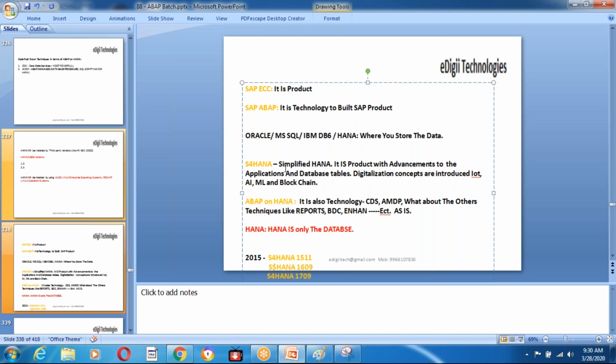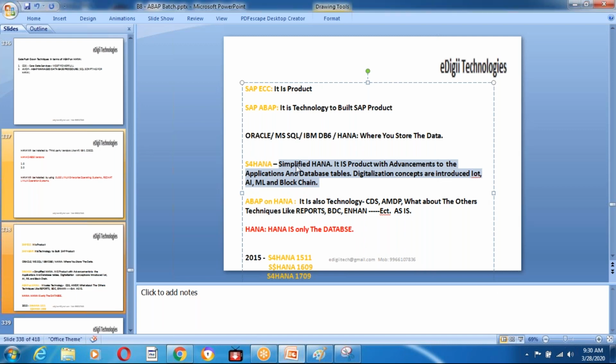Still, guys, I gave a system to an ABAPer. He says he is working on S4 HANA. Okay, good. But when I see the report, they use the same selects, same loops, same thing. So what advancements are we using? You say you are working on an S4 HANA system, but are you using S4 HANA concepts? No. One of my students came up with a finance report, and he is working on S4 HANA. When I see the report,